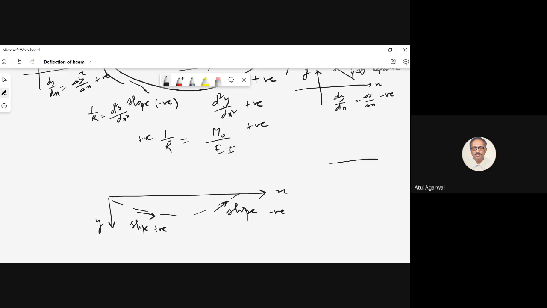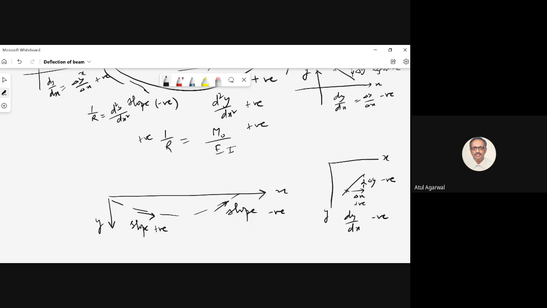How? Now you see you have taken a coordinate system like this. If you have a line like this, you are going from here to a point which is delta x positive as you are going here. And you see what is happening to your value of y. Y is reducing. So delta y is negative. Delta x is positive. So your slope is negative. So you have to check, as your delta x is positive, what happens to your delta y. Only that can give you a correct value of sign.